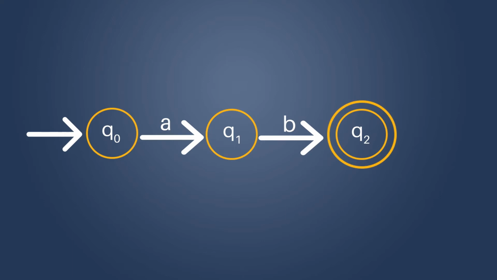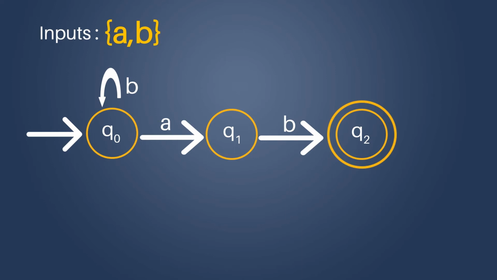This is not the complete DFA because in a DFA, every state should be expressed with all the inputs. If you ask me how many inputs there are, we have got two inputs. One is A and the second input is B. Q0 state is expressed with respect to input A, but we have not expressed it with respect to input B. So we should be writing what happens when B is the input on Q0. So what I'll do is, I'll write a self loop on Q0 and name it B.